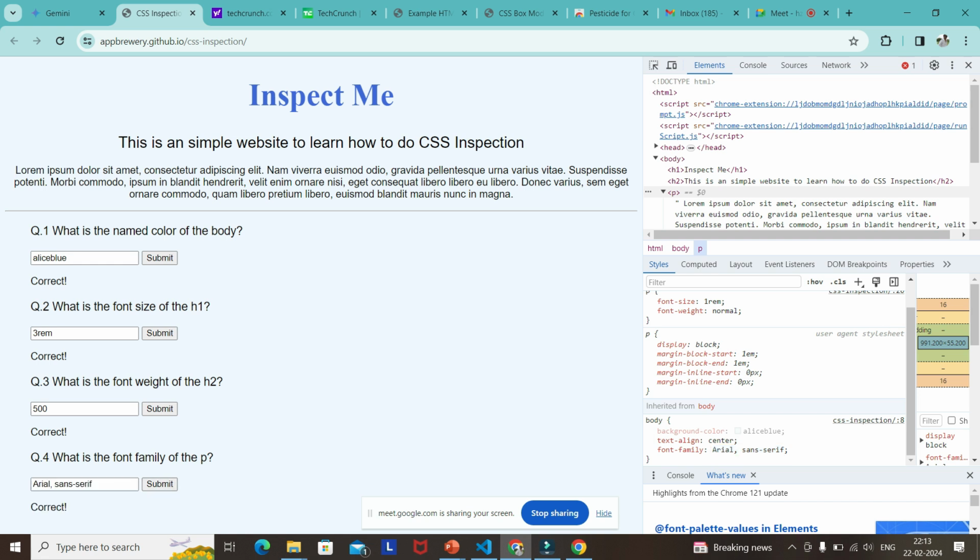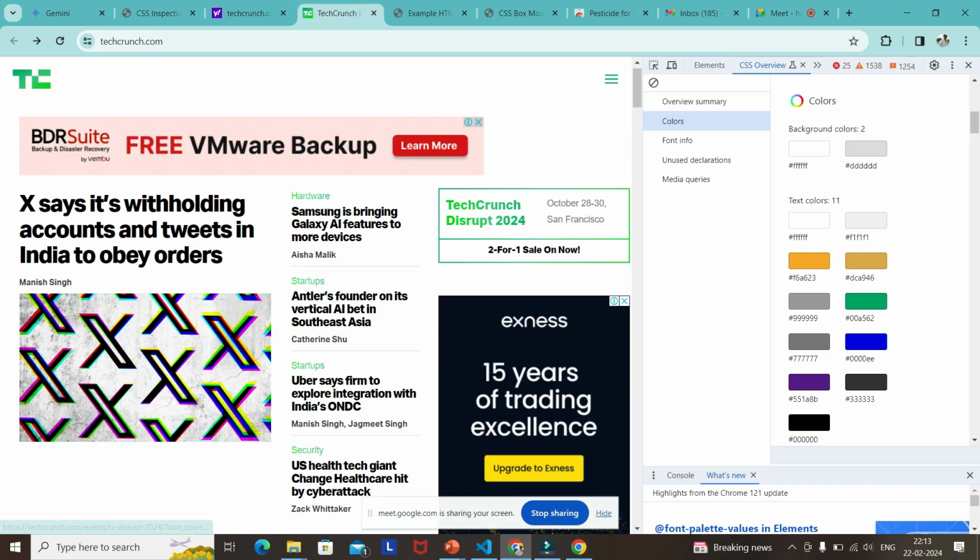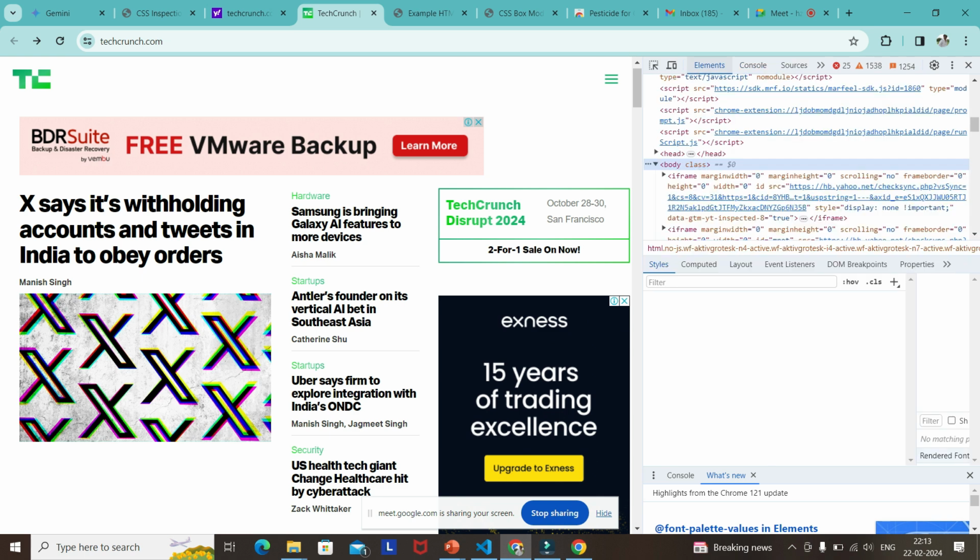If we submit, we got all four. Okay. So this is just for our understanding of how we inspect a web page. Depending on that, for example, if we want to inspect this web page, TechCrunch,